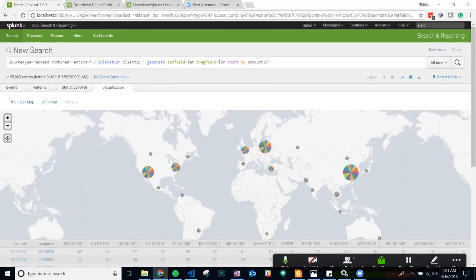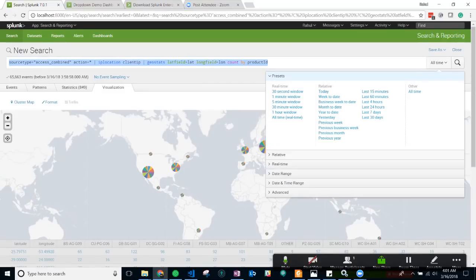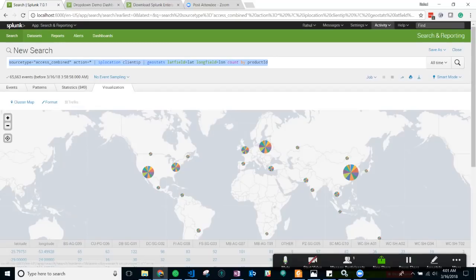So we will see how to write this search processing language, how to use these timings, what kind of times you need to select, how to select any buckets, then how to create reports and dashboards. Also,